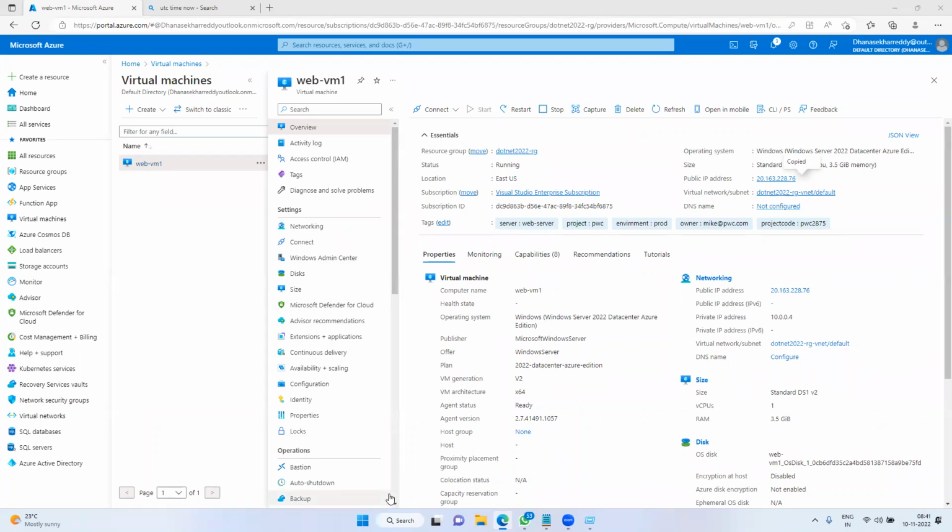On the Azure portal, by default, it is not possible to change; by default it is the UTC time zone, Universal Time.